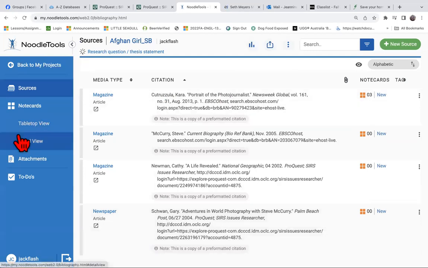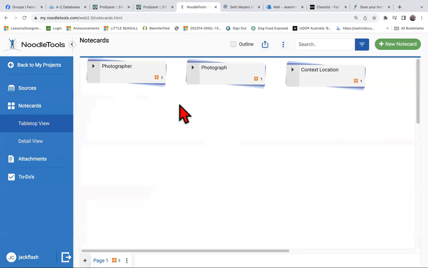Let's see. You should have 3 piles: photographer, photograph, context, location. So let's say that you, and that first card that I read that was so long, you could split that into 2 actually. But everything you write about Steve McCurry, his life, his photographs, his prizes, all of those things that he got,